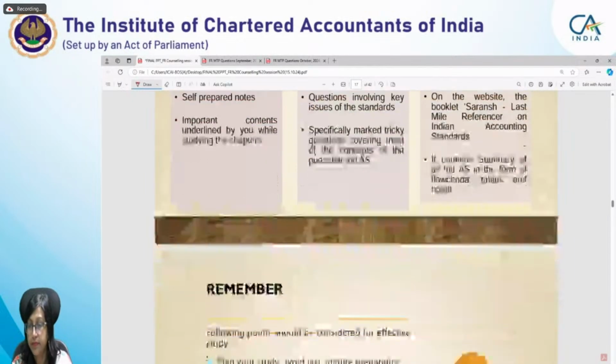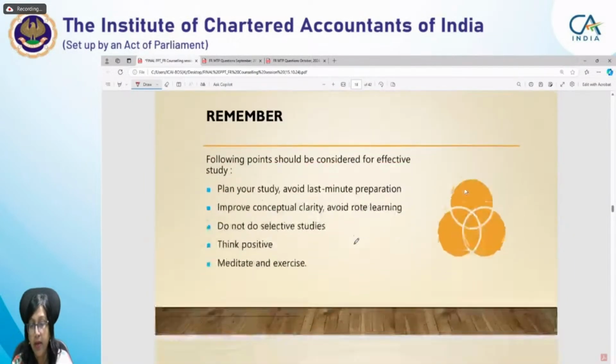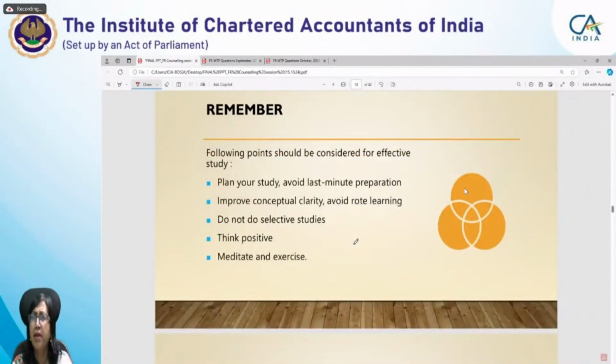Okay. See, students, you will often hear this: think positive, meditate and exercise, do not do selective studies, have conceptual clarity, do not go for last minute revision or last minute preparation, plan your studies. But sometimes we say, everyone says this, what new thing has anyone told us? But